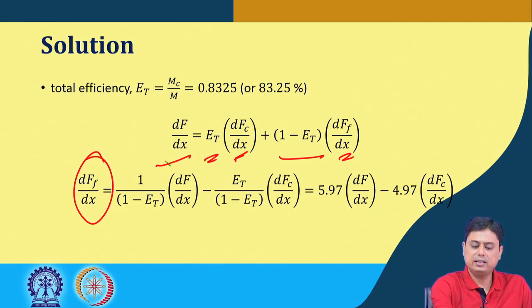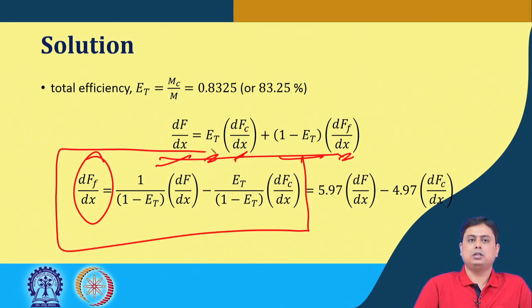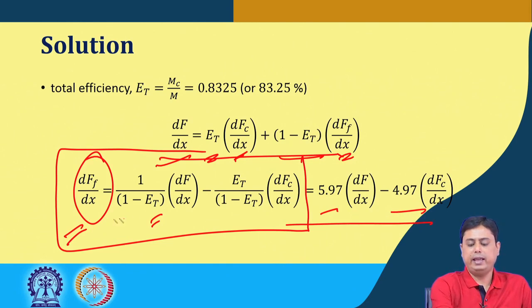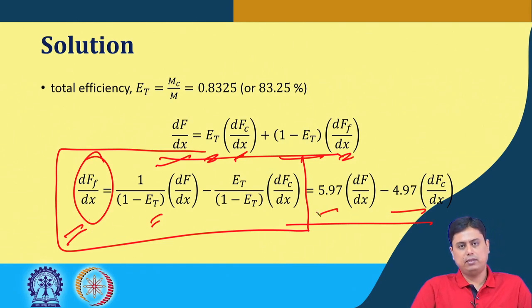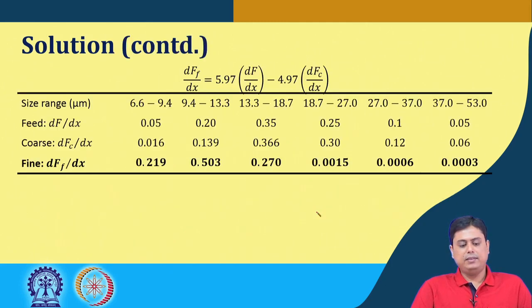So, if we rearrange this expression, we can put the unknown factor on the left hand side. Now, here E_t is known, that we have calculated. So, the expression becomes that df_f by dx is 5.97 dF by dx minus 4.97 dF_c by dx. If we have this expression,